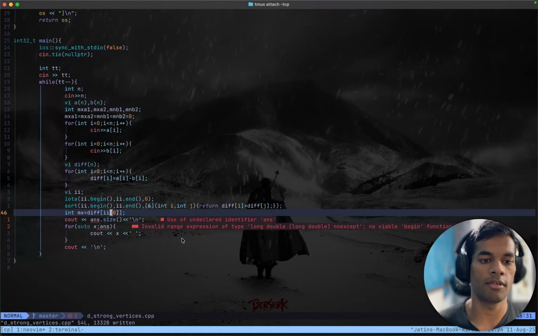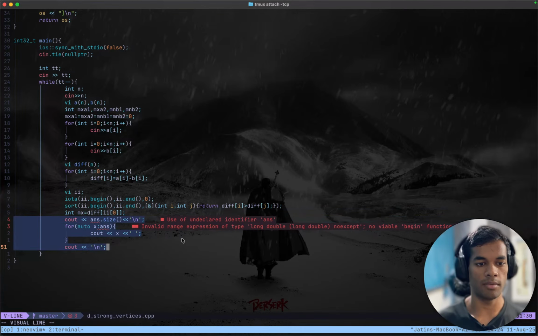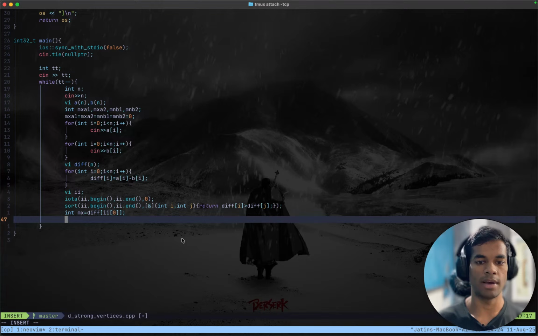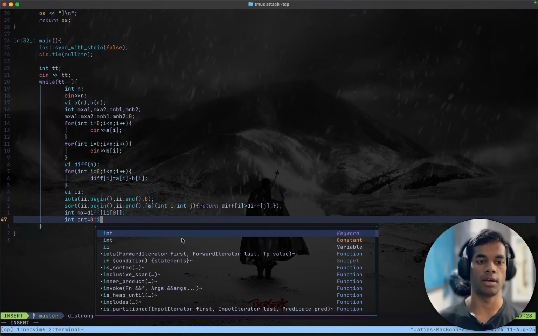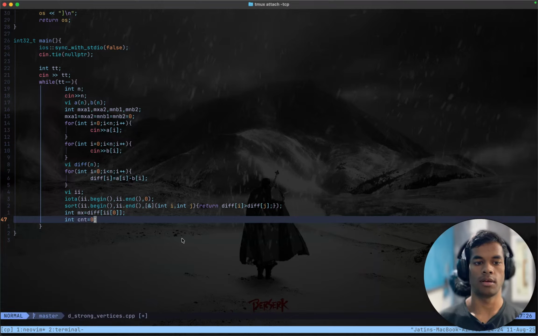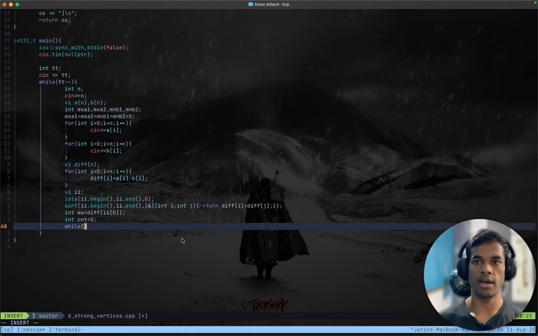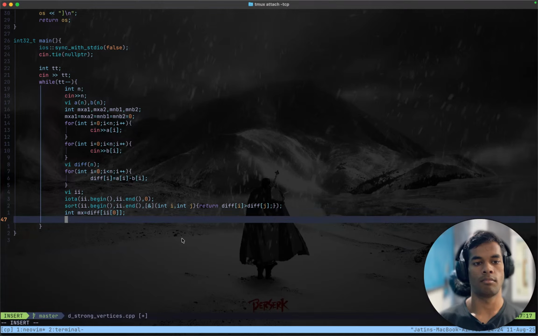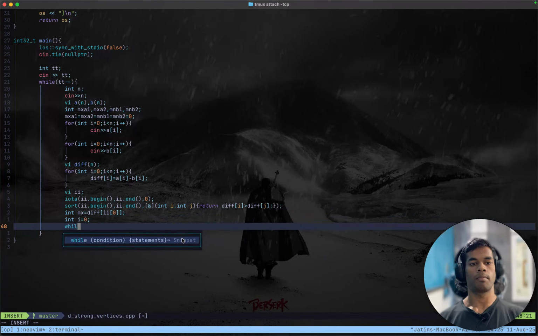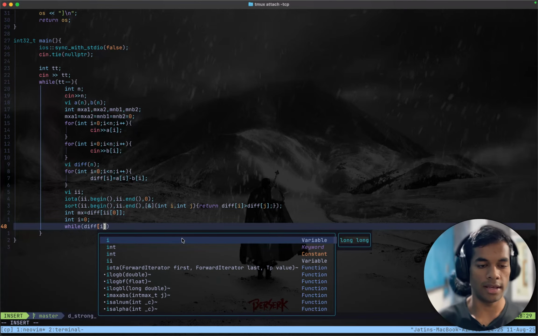ii contains the index of the maximum one, and I need to see how many maximums there are. So int cnt equals 0, and while int i equals 0, and while diff i